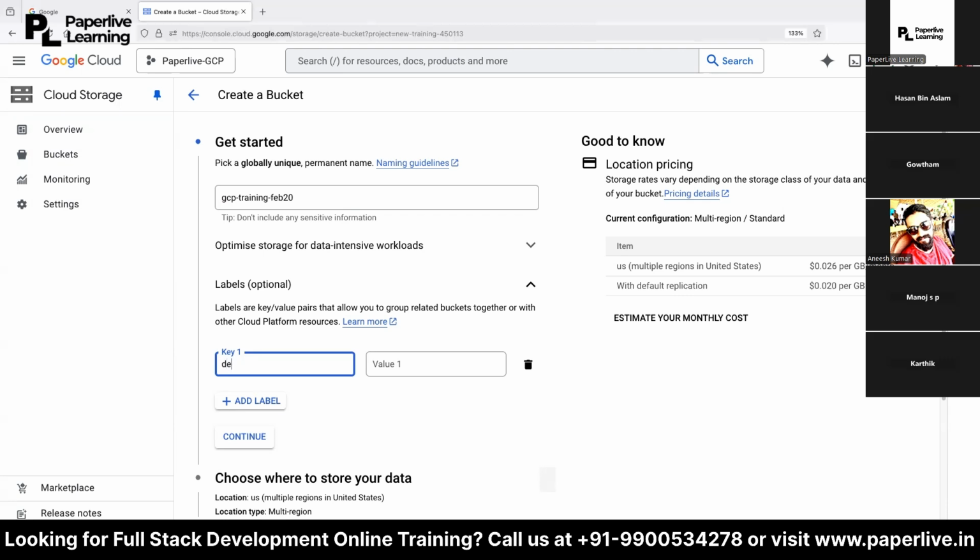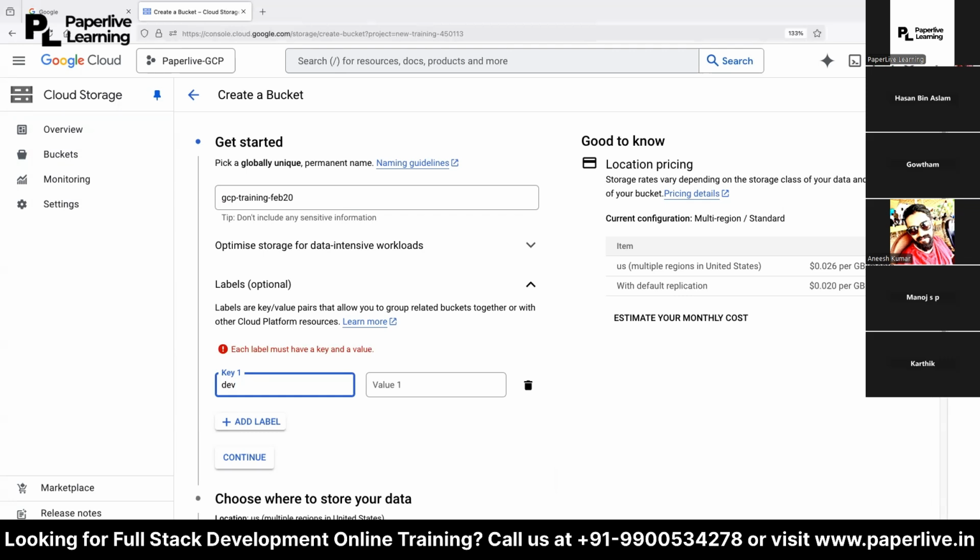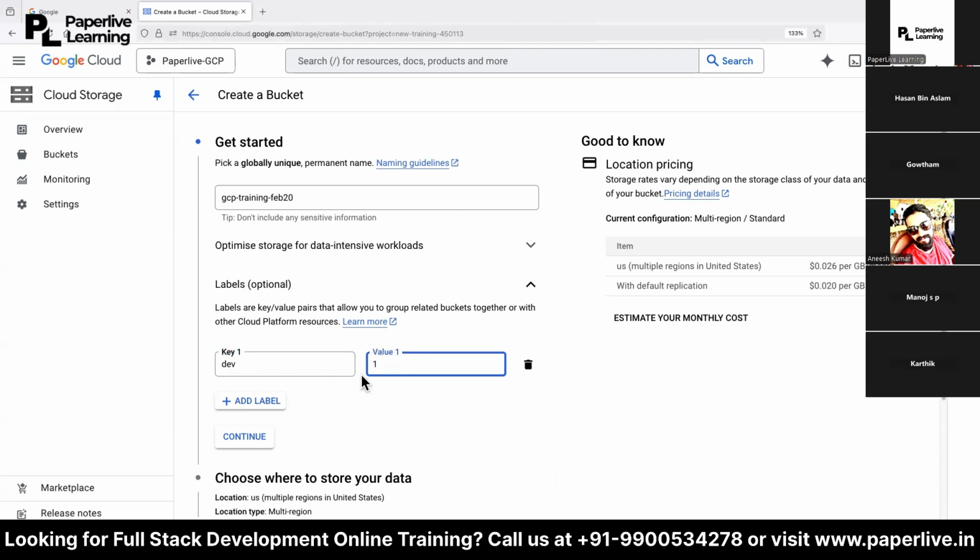For example, imagine this storage is going to be used for all development related activities. Development related applications are going to use this storage. So you can mention dev, maybe with value 1. You need to label based on a key value pair. Dev 1, or if you're going to use it for production, then prod 1, something like that.